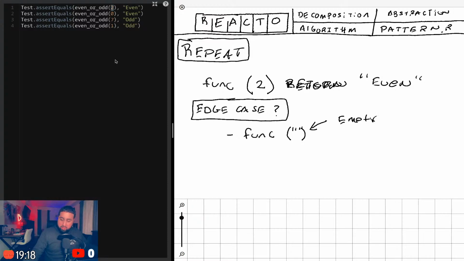An empty string, or just empty number, or just nothing. If I'm just calling it with nothing, what happens? I need to account for that, or a different data type.